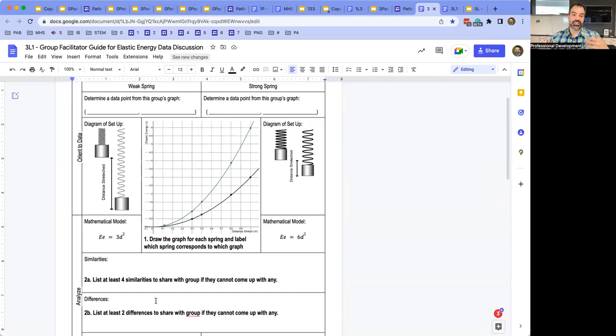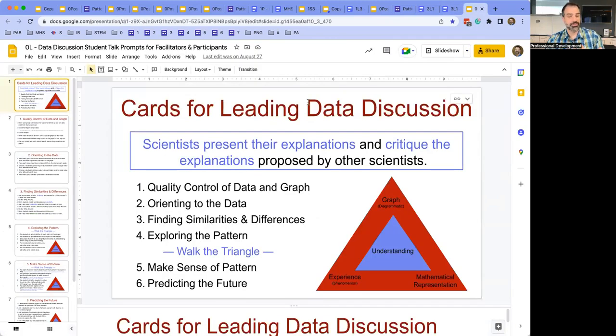And the idea here is that you would pull up one student from each group and you do a mini data discussion and talk about leadership and how they're really meant to be the facilitators getting students to talk. And you might go through that with them. Now, students might need more support than that. I hope that's a good one. But if they do need more supports, and this is something you can use in